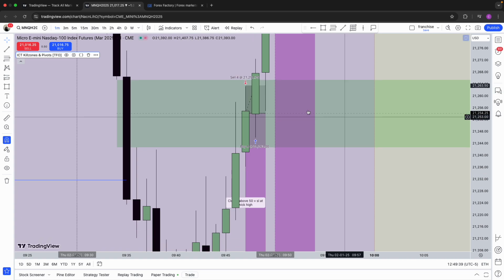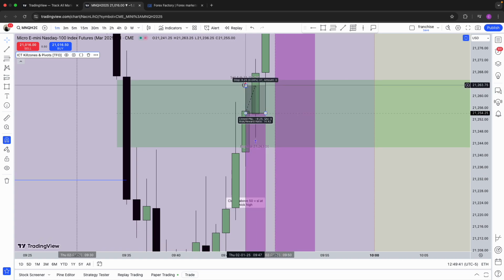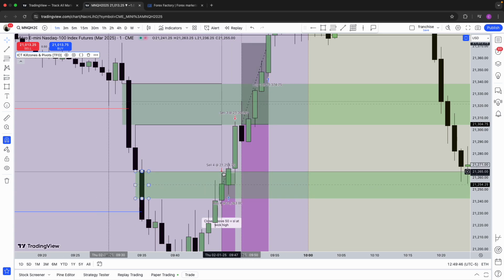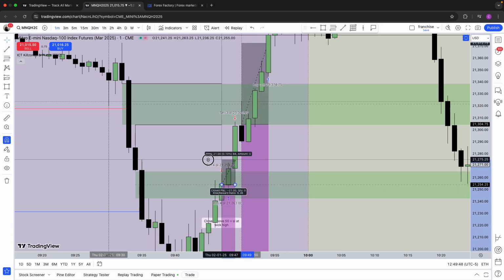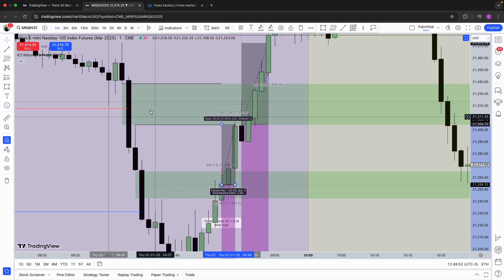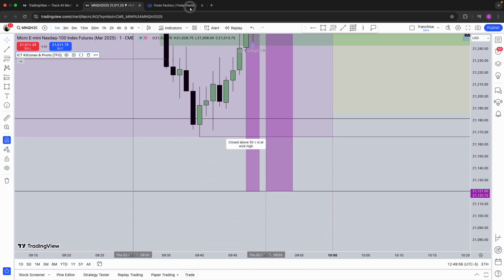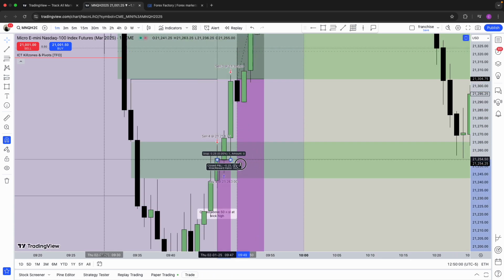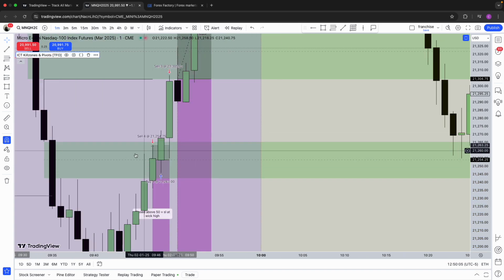So what I did was I moved my stop loss to the wick high to cut costs. Initially my stop was here. No, I believe my stop was there. As the idea would be that's a breakaway, we wouldn't want to see price come up to that. But as soon as we closed past 50%, I said, okay, bet, let's cut our costs. So our stop loss at the wick high of the body that closed over, and then we got stopped for